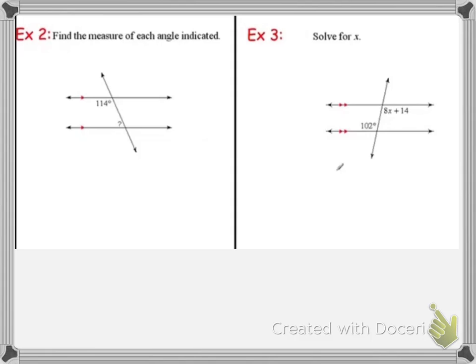All right, let's look at these next two examples. We'll start with example 2. We want to find the measure of this question mark angle here. So the only other angle we have is 114. So the question really is,